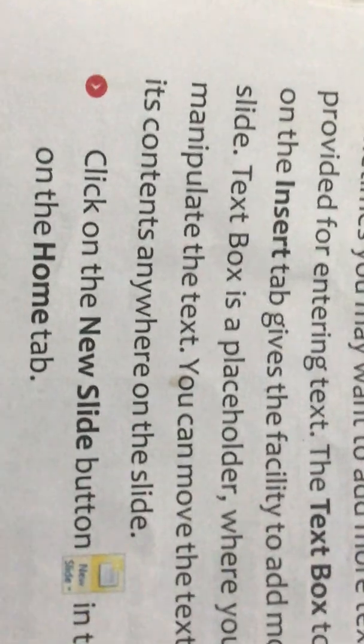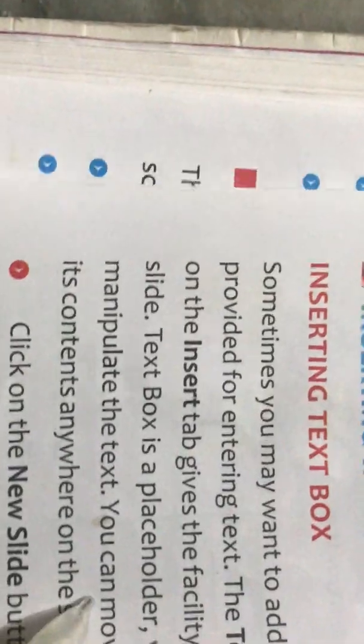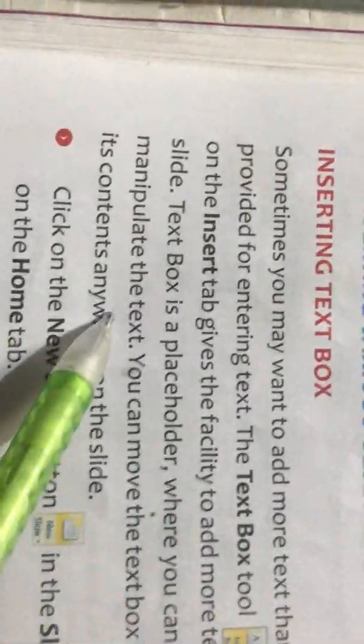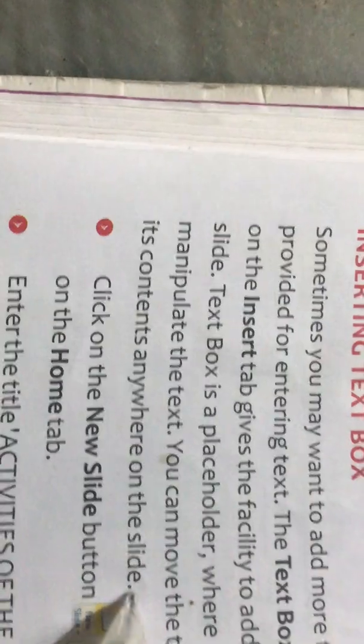A text box is a placeholder where you can enter and manipulate the text. You can move the text box along with its contents anywhere on the slide.